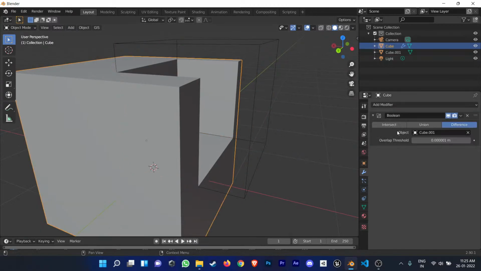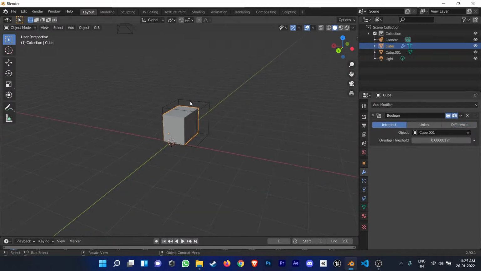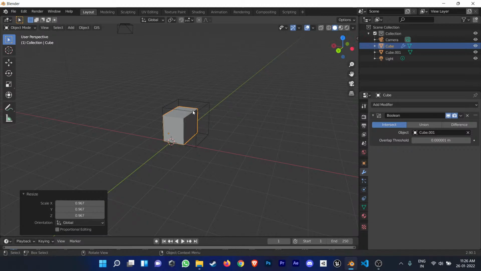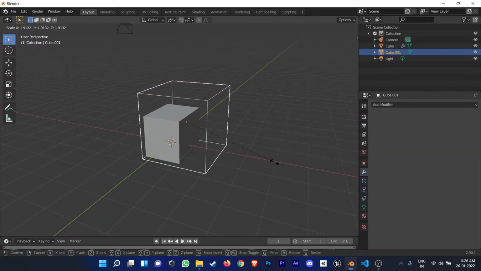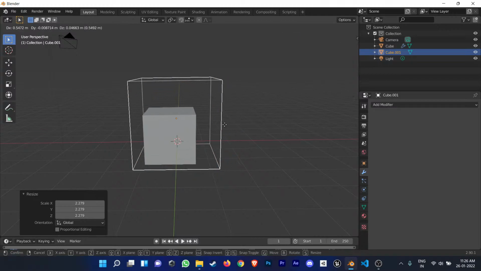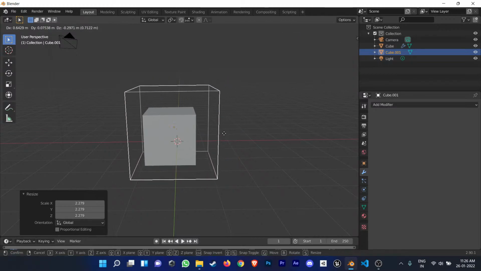Okay, let me show you what intersect does. As I told you, the Boolean has three modes, and this threshold setting is the threshold of what you want to cut out. It is always set on low so that you cut everything and do not mess that stuff up. Okay, intersection, as the name suggests, just takes what is common between the two blocks. As I take the whole box in it,